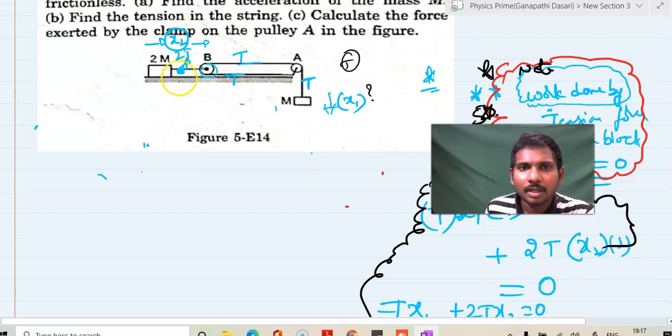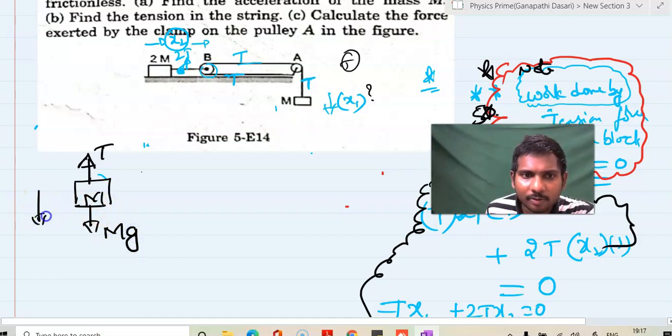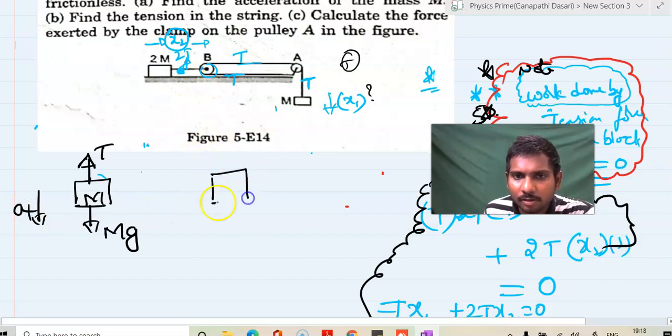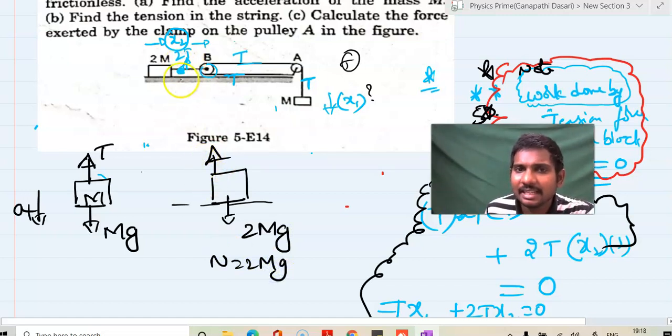So now, drawing the free body diagram, the m block is there. There is tension in the upward direction, mg in the downward direction, and acceleration in the downward direction, which I am considering as a1. Similarly, for the 2m block on the surface, there is 2mg and the normal reaction N, where N is equal to 2mg because it is not moving in the vertical direction perpendicular to the surface. The net force in the vertical direction should be 0. That is not of prime importance in this question. The surfaces are smooth here.